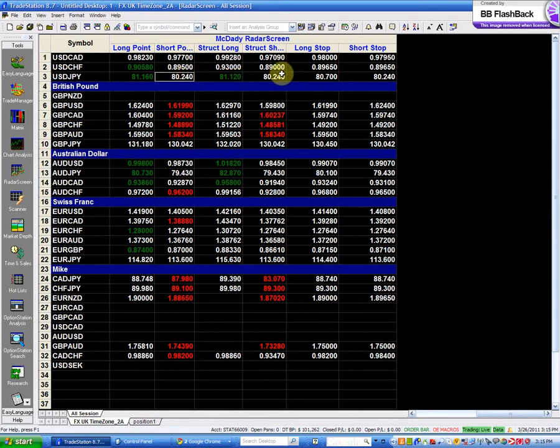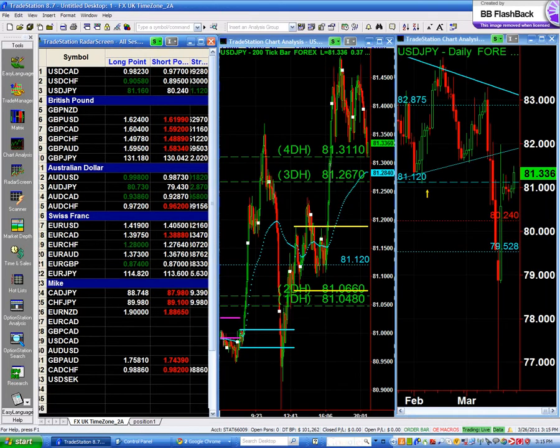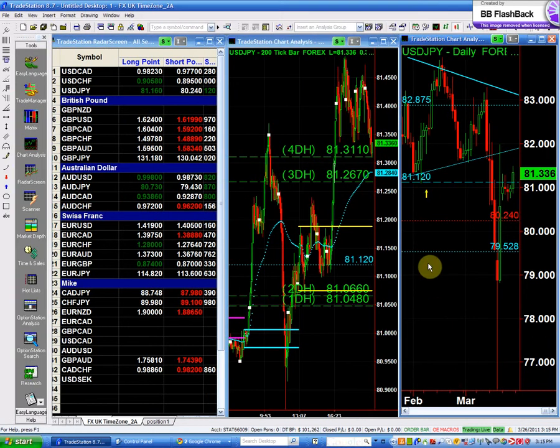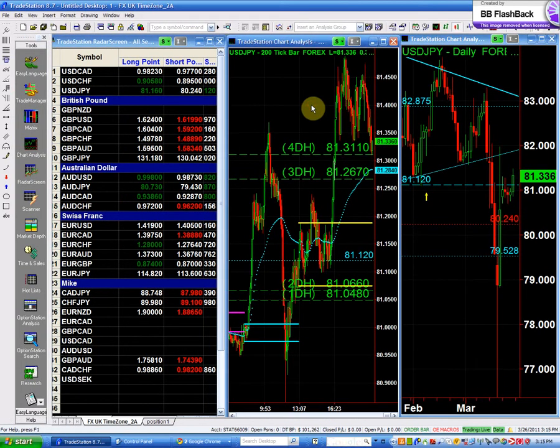And our short point was the 80.24. So now we are going to buy or find a place to buy the yen. So in this case we will buy it above the... this will be our buying point above the 81.45, and if I buy it above the 81.45,